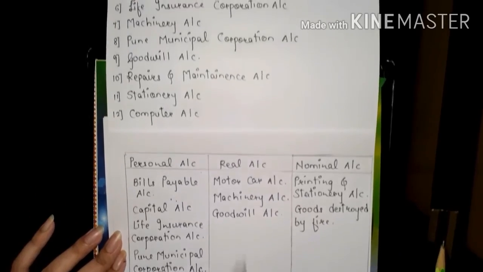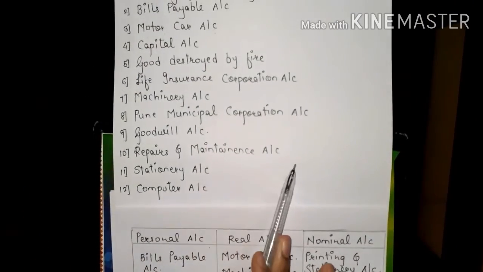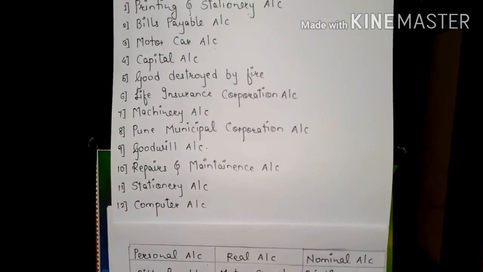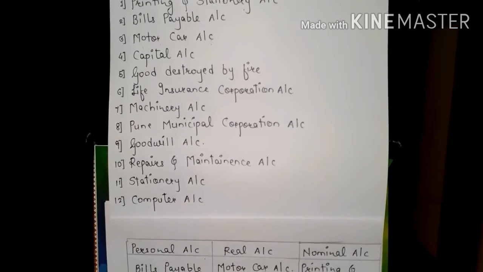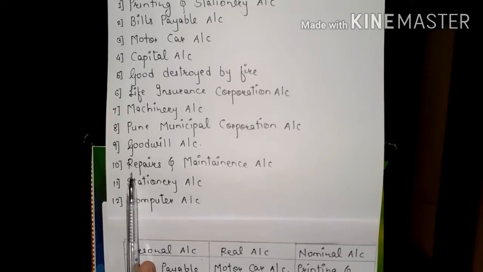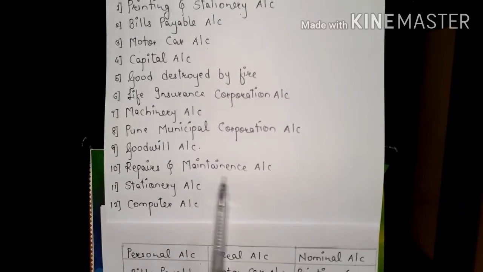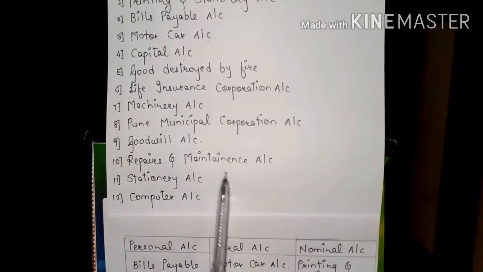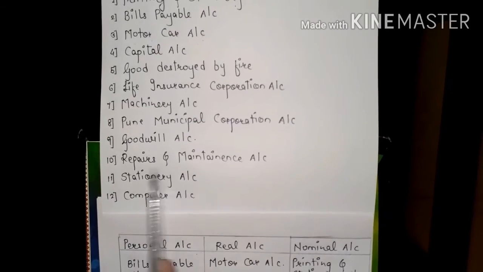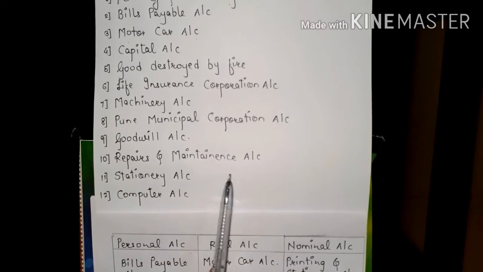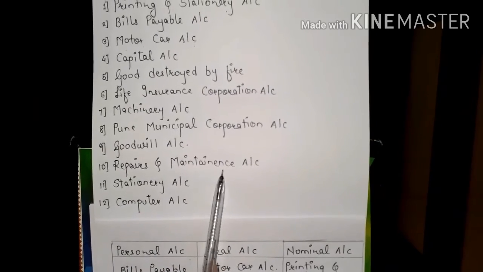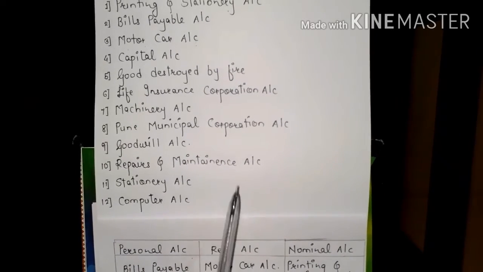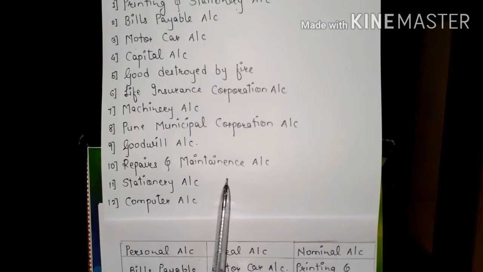Next, repairs and maintenance account. Okay. Now if in your business anything has got damaged, if it is not working properly, then that is called repairs and maintenance. That is, you will have to repair that particular thing. You will have to keep maintenance of it after the repairs. So this is going to be your expense because that has been incurred in your business.